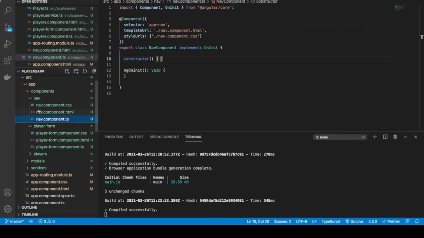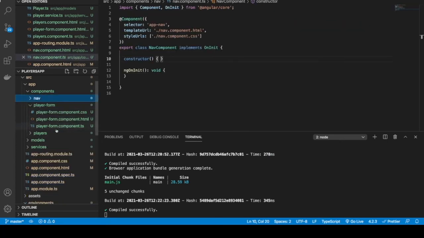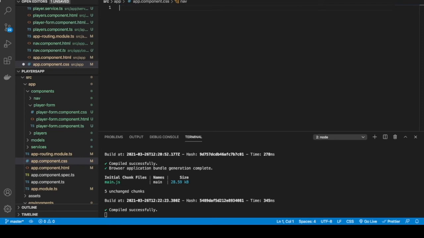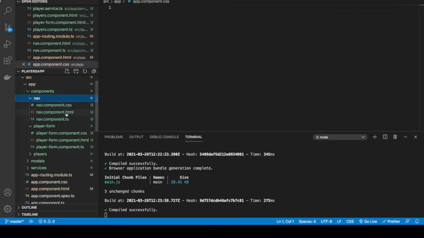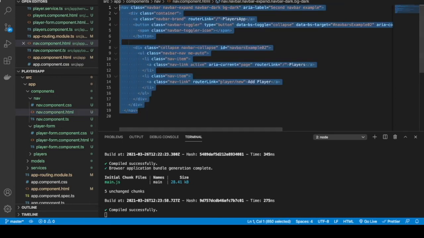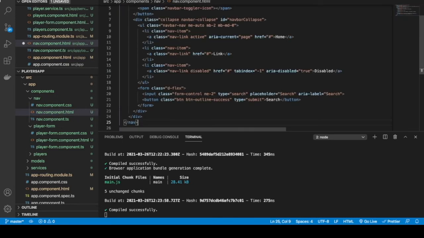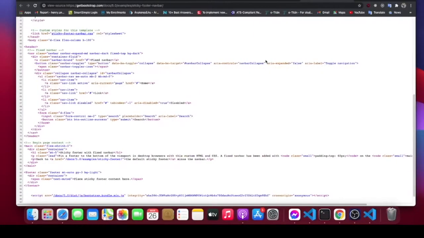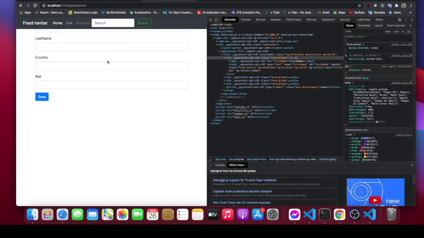So on the app component.html, let's get rid of the CSS because we don't need it. We just copied the wrong navigation, and let's add the other navigation bar here. And if I save it and we go back to look at our project, now everything is at the top,